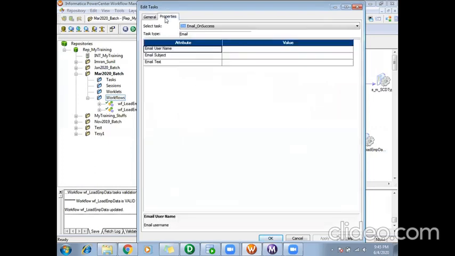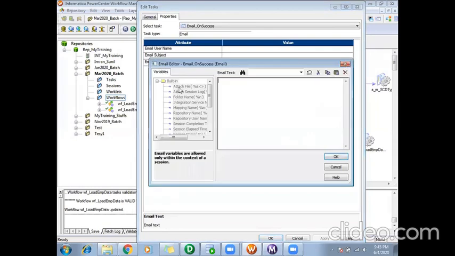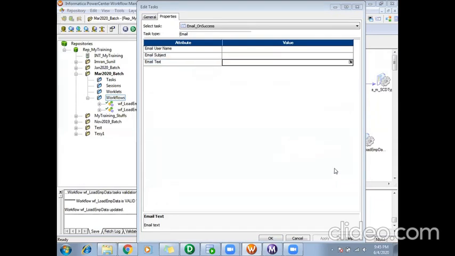Okay, now to send an email, you can go to the Properties section. Email username, here you can provide the mail IDs. Email subject you can provide here. Email text you can provide here. Okay, you can attach the files also here. So, attaching files you can't do directly in your email task. There is another way, I will show you that. But a normal text mail you can send from this email task. So normally we configure here the email IDs, the subject and text.